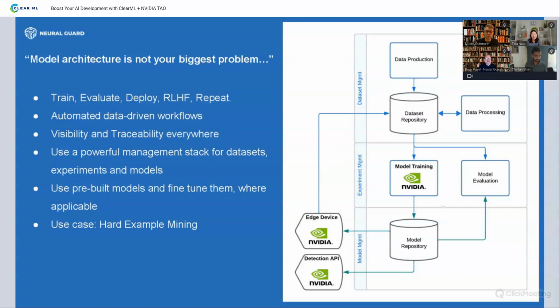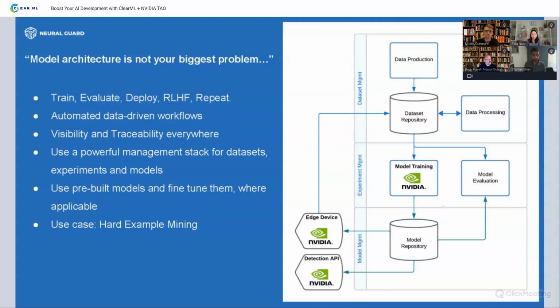ClearML provides us these three aspects, or this stack of managing datasets, experiments, and models. And obviously when training, we use NVIDIA software and hardware.